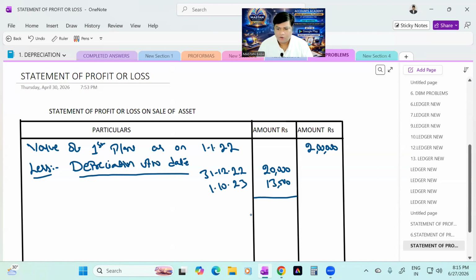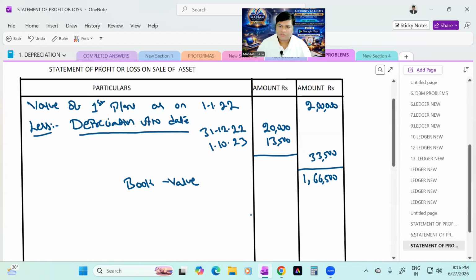13,500. 20,000 plus 13,500, that comes to, it's the depreciation exclusively related to the first one, that is 33,500. 2 lakhs minus 33,500, so you'll get 1,66,500. And dear student, this is known as book value. So the book value of the first plant is 1,66,500 less